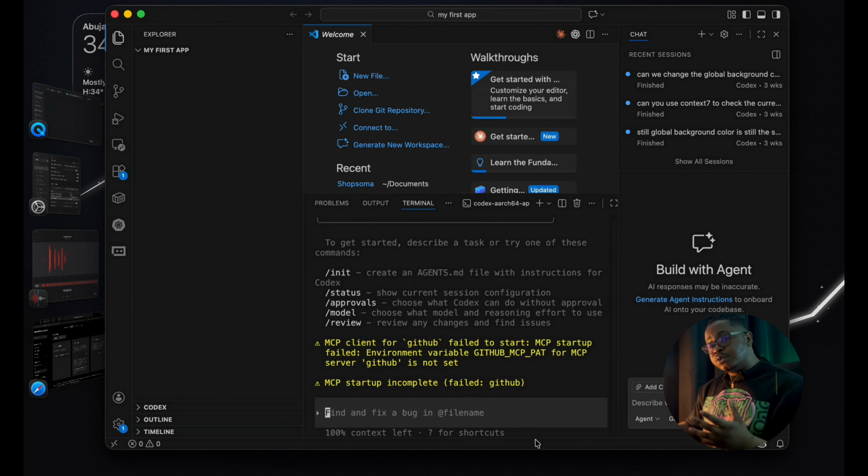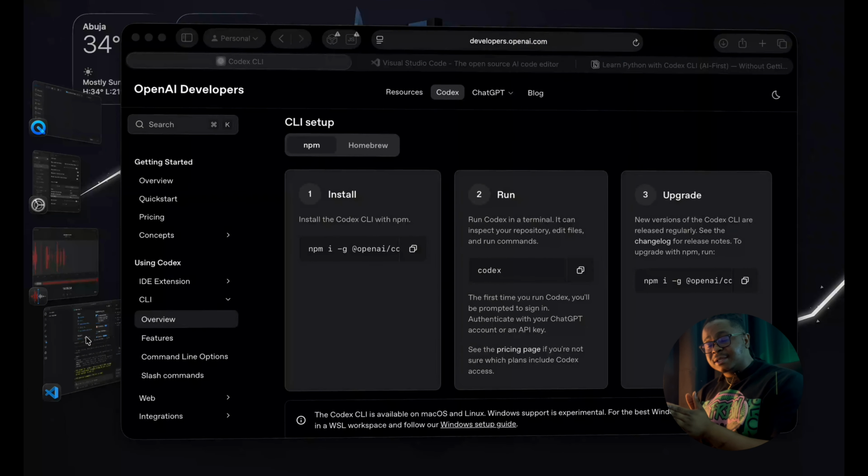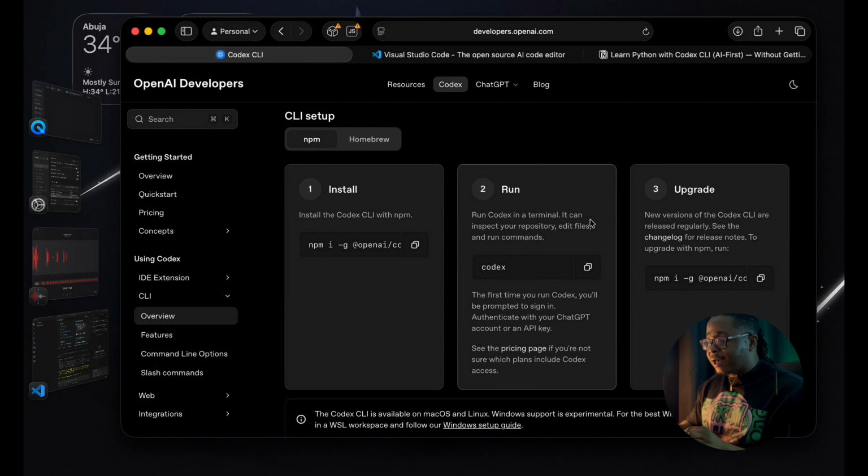Since you're newly installing Codex on your terminal, it's going to ask you to log into your ChatGPT account, which is operated by OpenAI. For you to be able to use Codex, you must have a ChatGPT plan, either the Plus plan or the Pro plan.